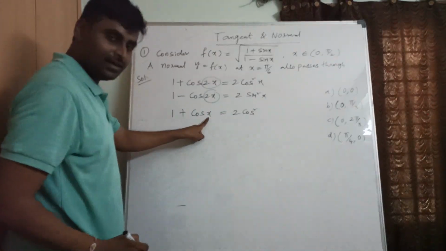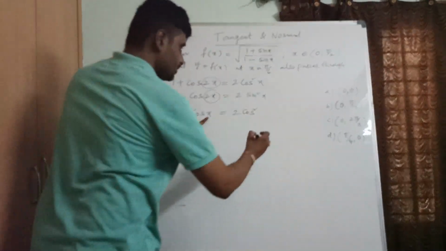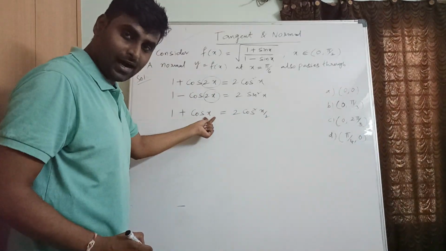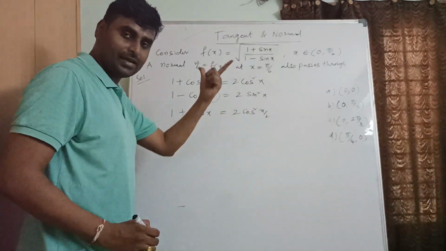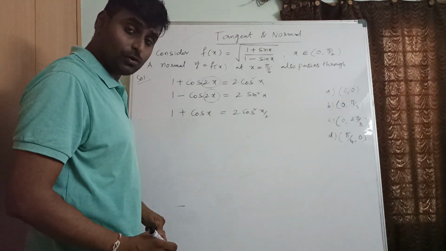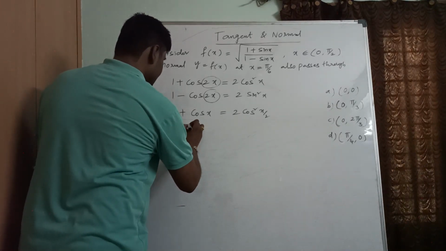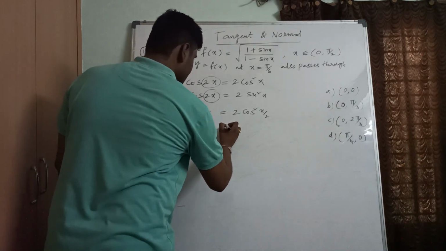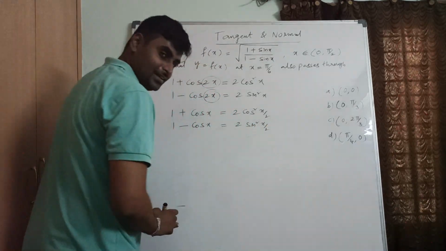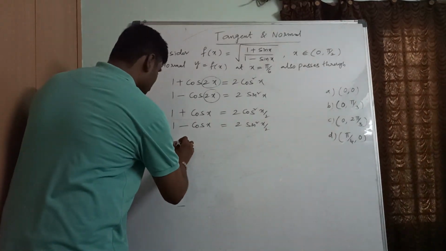So these are basic formulas, but you have to remember them. 2 cos square, how can I write? Half of x, x by 2 I can write. Correct? Here if we have x by 2, half of that, x by 4, we can write. So these are all the basic formulas which we know already, right? So 1 minus cos x is 2 sin square x by 2. So clear? Now this is very important.